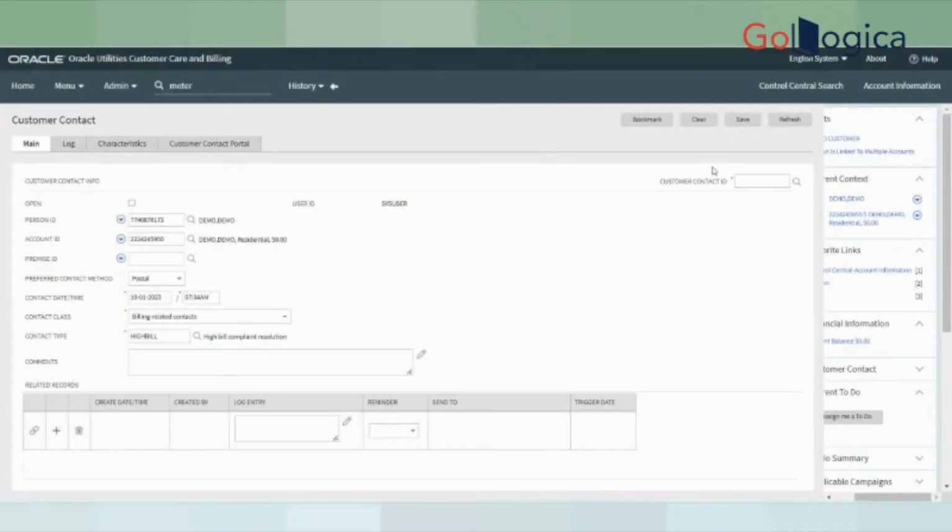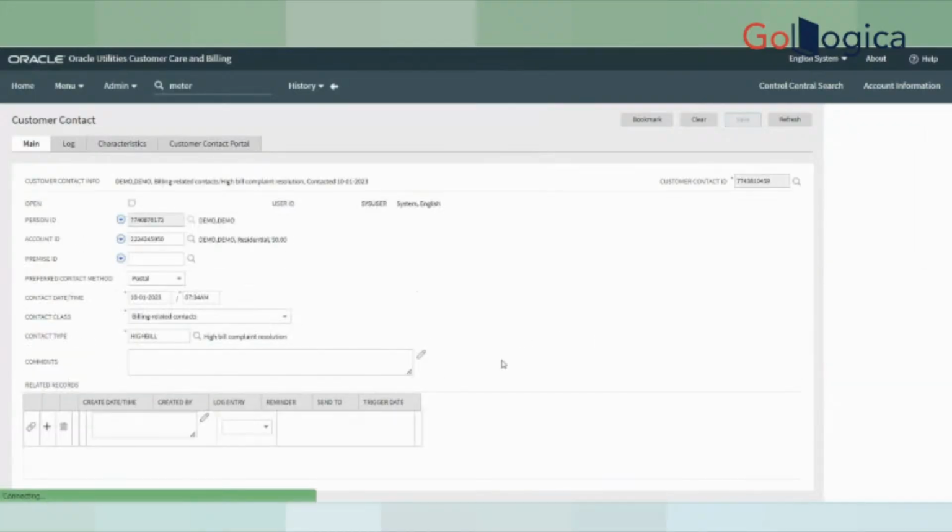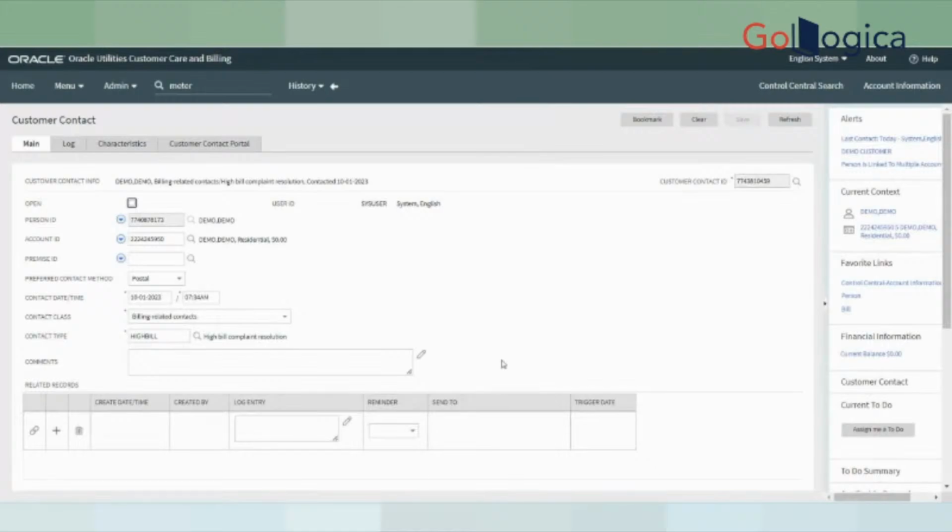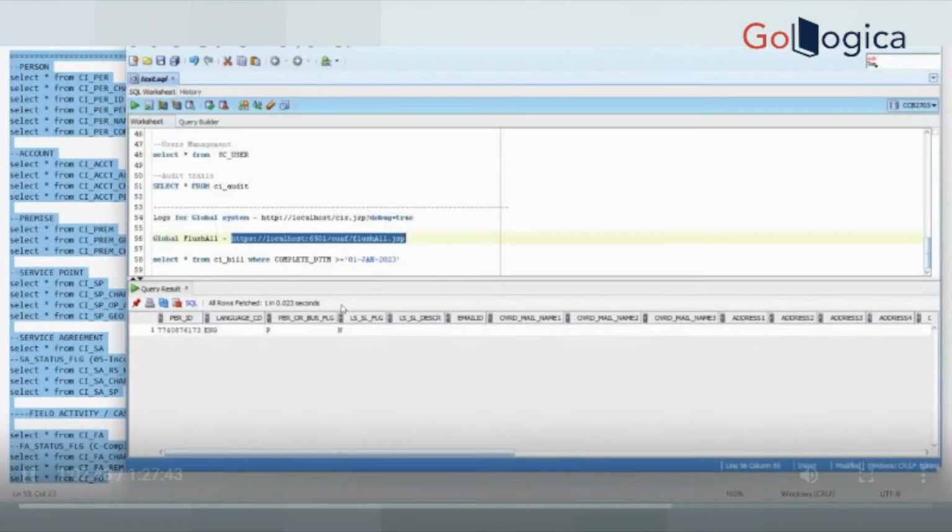You can create this one, and this customer contact can do the follow up. Once this user problem is solved, you can close this one. Okay, so you can close this one. If you see from the back end in customer contact